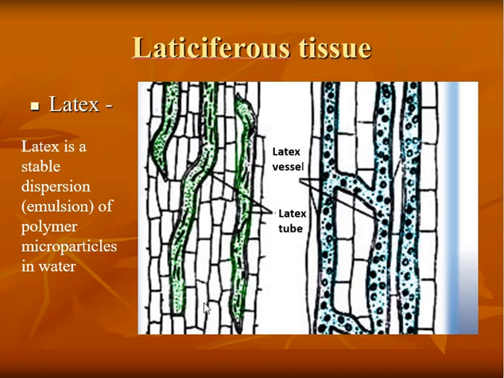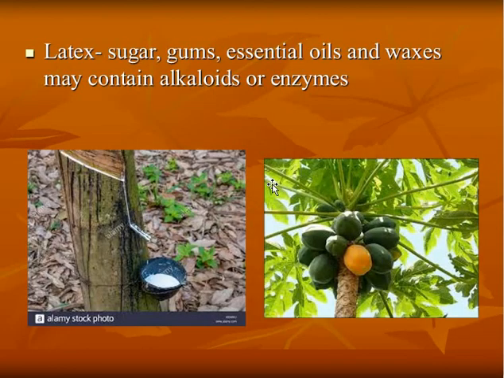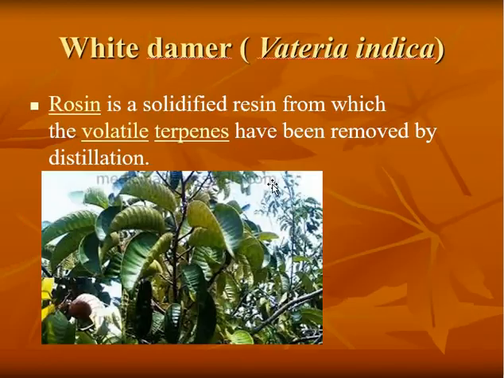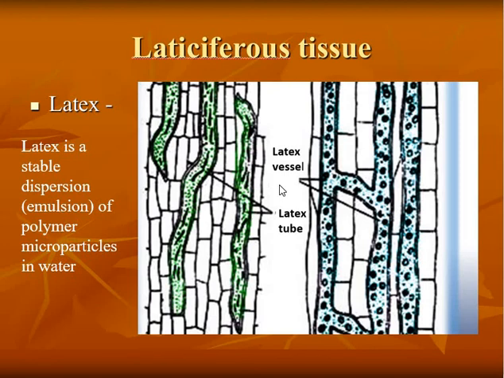So the tissues inside plants meant for storing this latex are laticiferous tissues. These laticiferous tissues are of two types: one is called the articulated type and the second is called the non-articulated type. What is the articulated type? See the second diagram. This diagram shows laticiferous tissue. The adjacent laticiferous tissues are connected together by connections. If laticiferous tissues have such connections, that is articulation. These network-like tissues are called articulated laticiferous tissues.